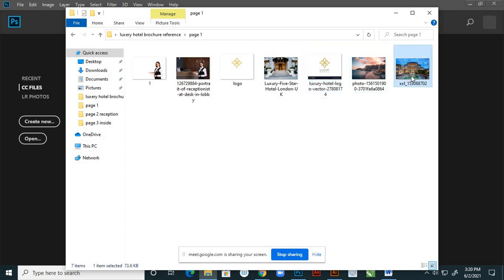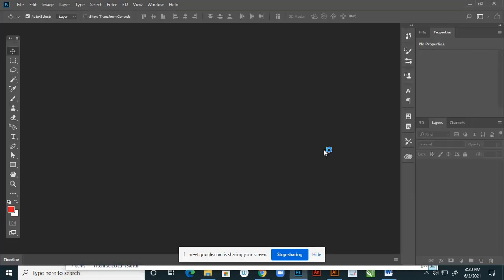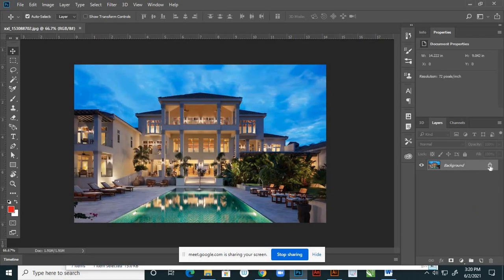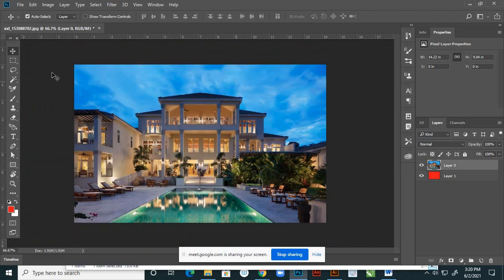Yeah, this is. So open with Photoshop. Yeah, and this is my picture here, right? Here add layer, Control Backspace and come here, and suppose here this blue background I want to remove, there I'll give our color, right?